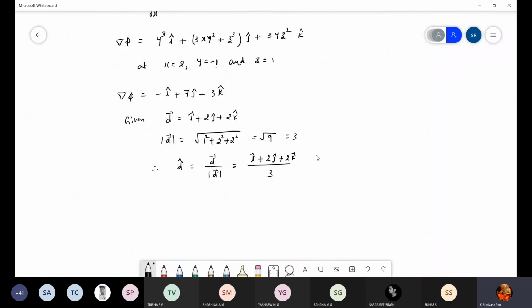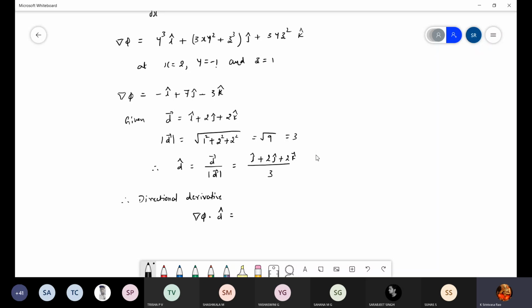Next line, therefore directional derivative equals grad phi dot d cap equals,